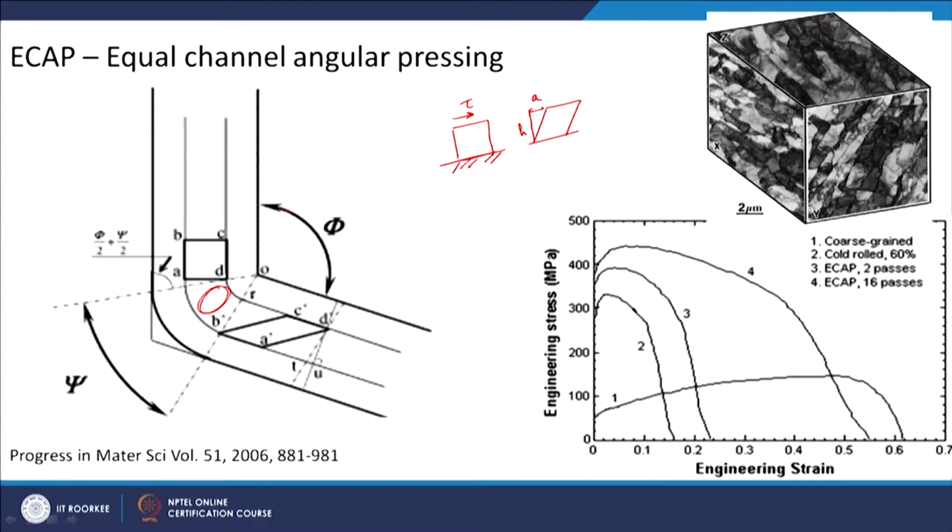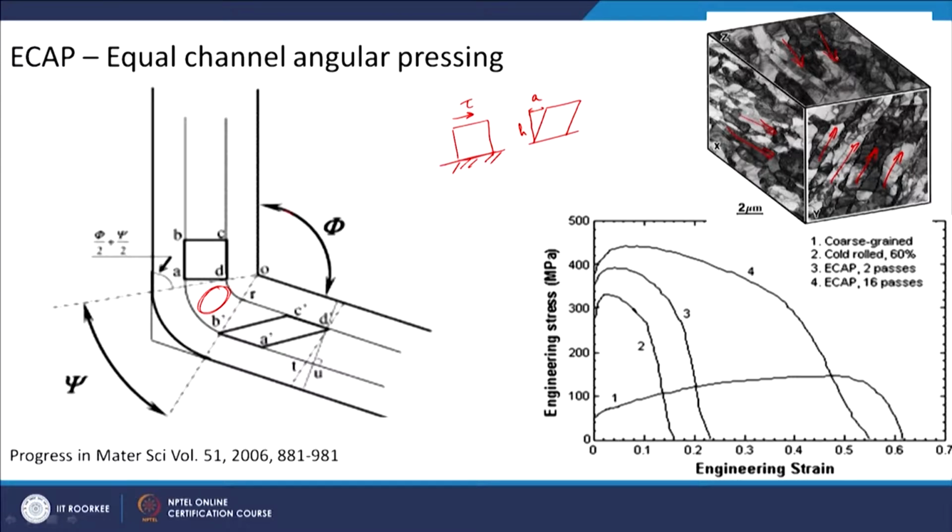Now, you can also see a very nice micrograph here. So, this is the, I think x, y, z directions are shown here. Okay, and they are also showing the grain structure in the different planes. So, you can see how the material has flown in this particular cross section. The material flow direction is like this. The grains are stacked in this direction. In this direction the grains are elongated, similarly I think in this direction.